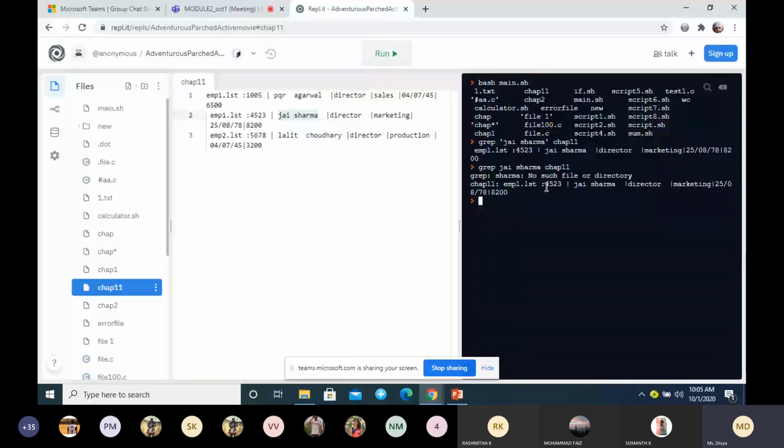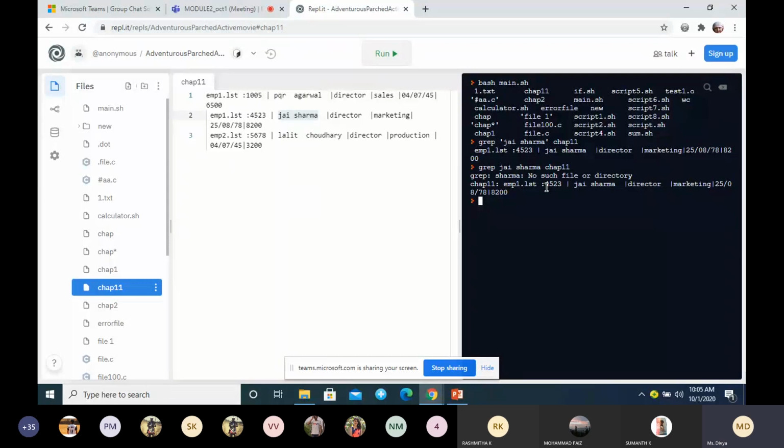Here we have around 7 options. These options are important. You can expect in GATE exams that they will give an option and you have to tell what lines it is going to match.